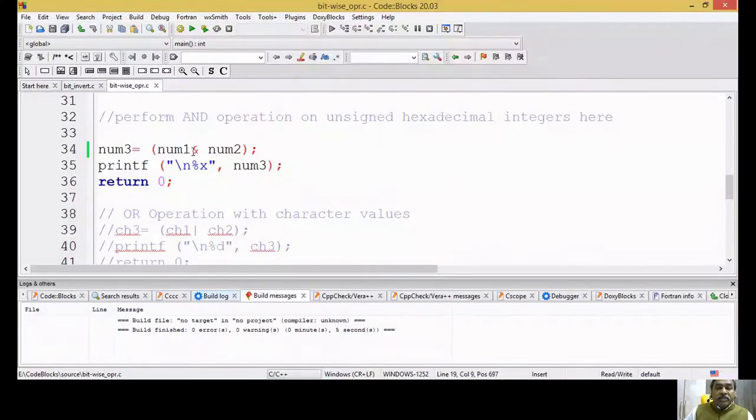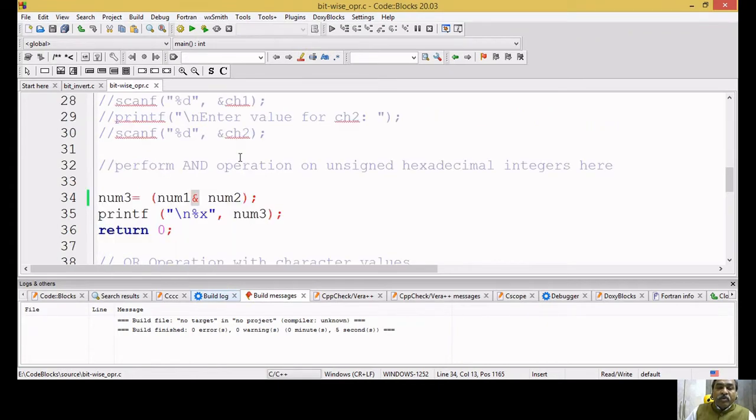Let me close the window again and come back to the program. Again, num3 is equal to num1 AND num2, with %x. In hexadecimal, it was 24. Please remember, in hexadecimal it was 24.